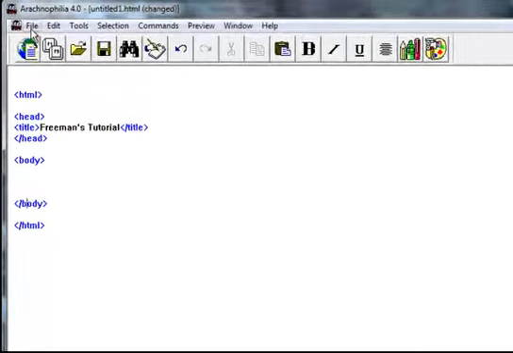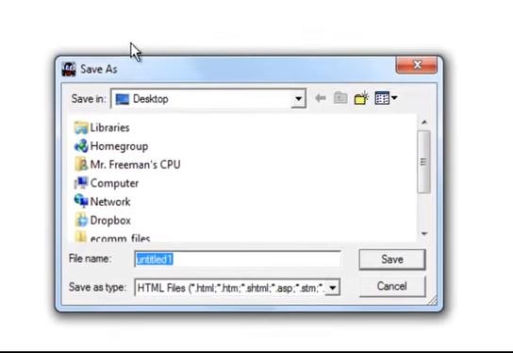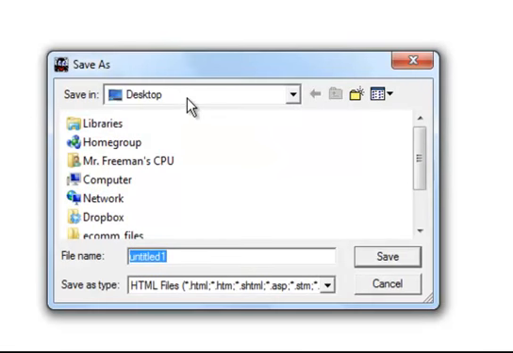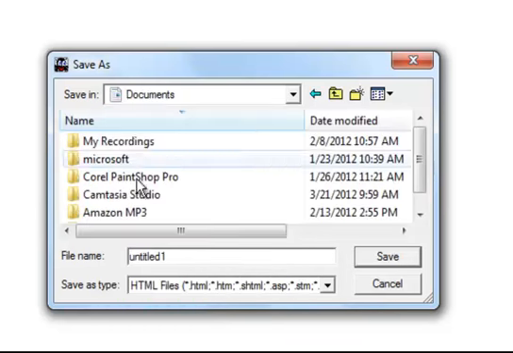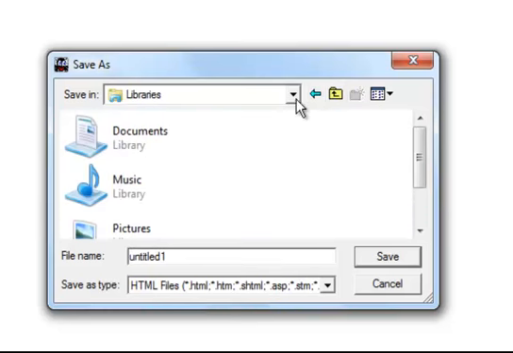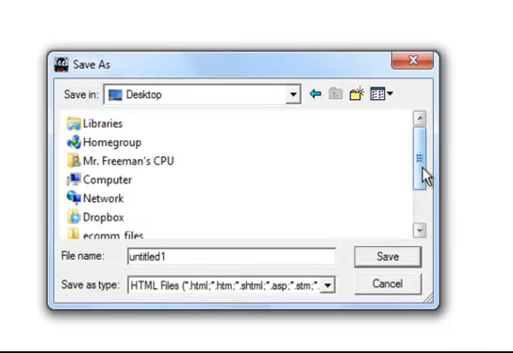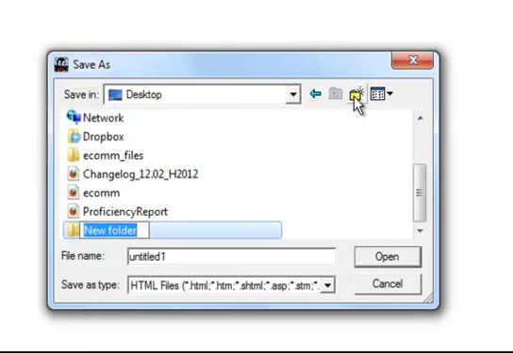We're going to go ahead and save this. Go to File, Save As. I'm just going to do it on the desktop. You'll more than likely go to your libraries and documents and you'll see a folder there. If you can't find it, let me know and I'll help you. Alright, there is not an HTML folder at this point. The easiest way to create a folder is to come over here to Create New Folder, and you'll name it like, if this is week 10,